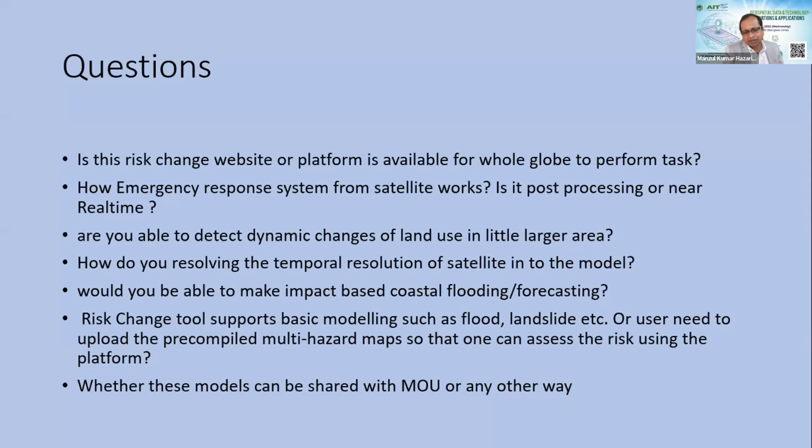But when heavy rainfall happens, you have a flood and a landslide together. In that case, different disciplines should work together and be brought together in one platform. That is the idea. In this platform, any hazard, you name it, everything can be brought together, and you see the combined impact of all these disasters. As for the hazard assessment tools, as I said, OpenLSM, another team is working on it, and eventually it will be integrated so you can do the modeling for flood and landslide. Whether this model can be shared.